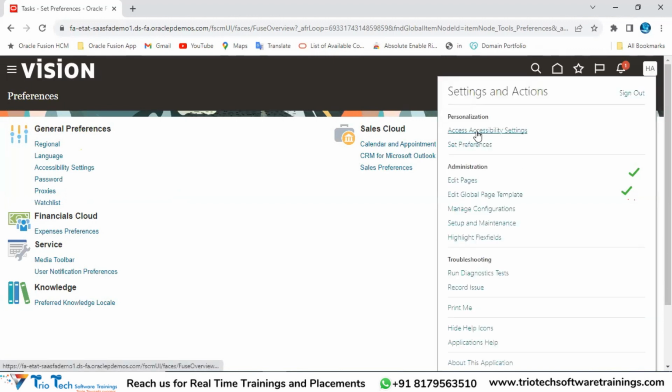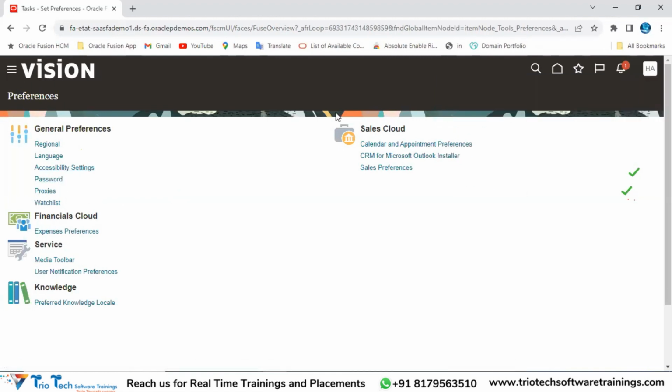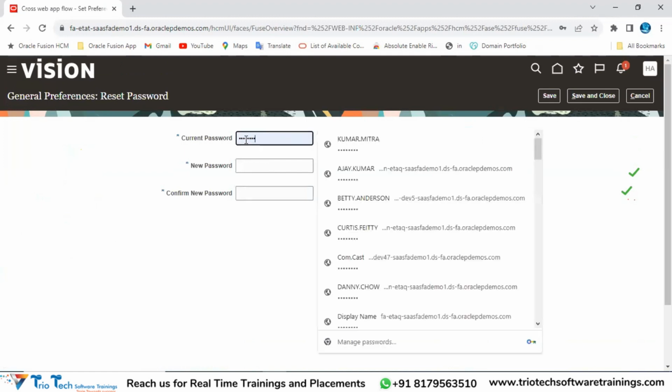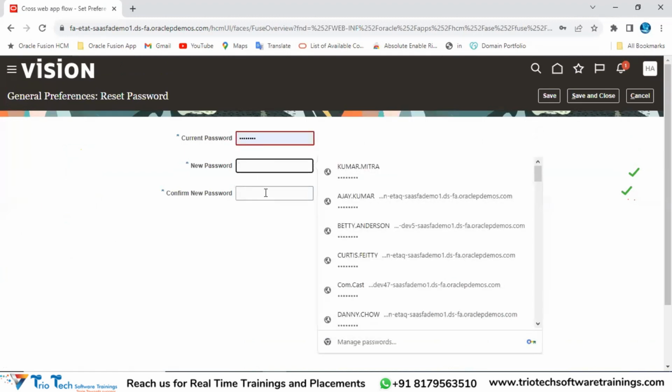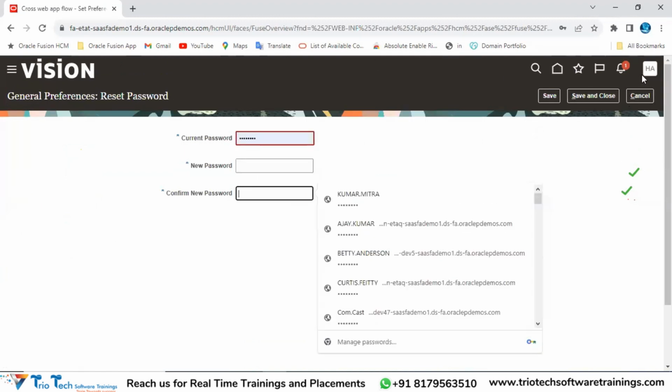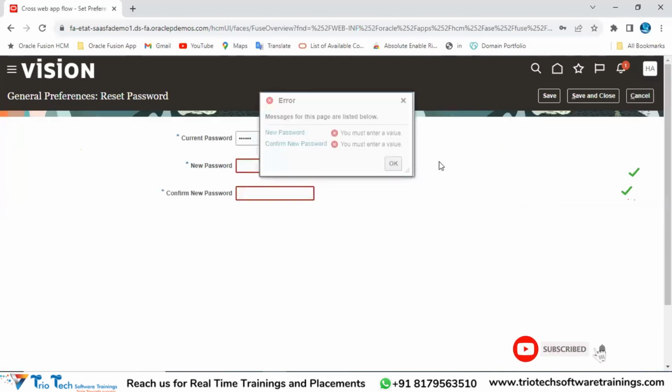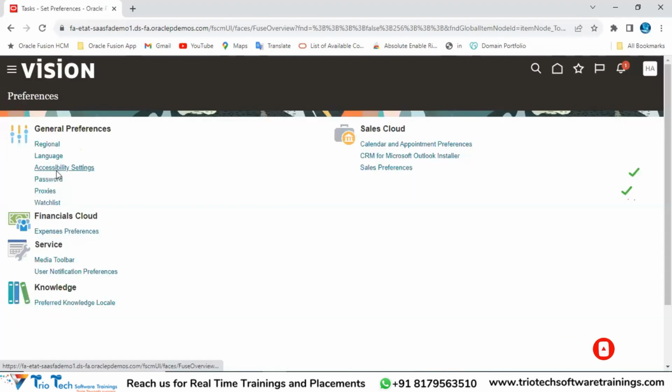What we perform from here, within set preferences also we have that. You can do it from here also. Then password. If a user has to reset his password, then he can come to password, then enter the current password, new password, and confirm new password. An employee can reset his password here in the reset password option that you could see. So till here we can see from the HCM point of view,